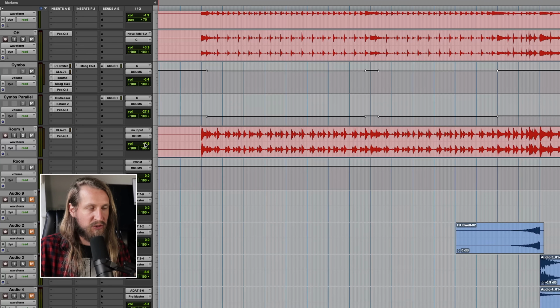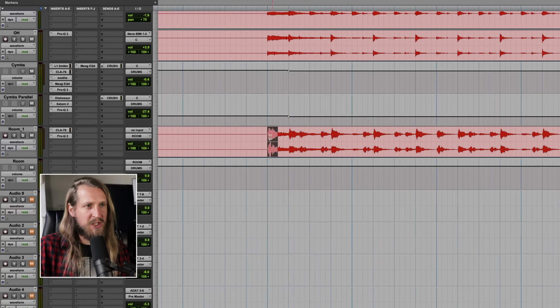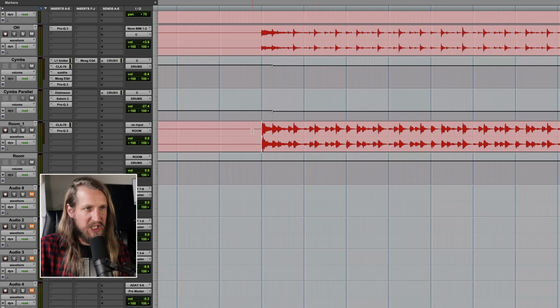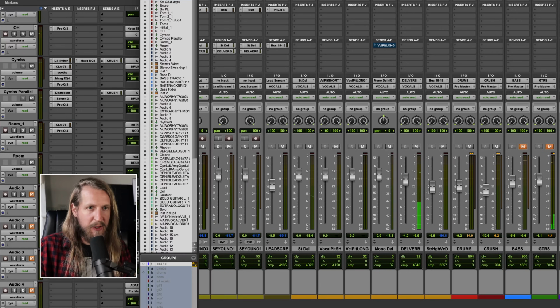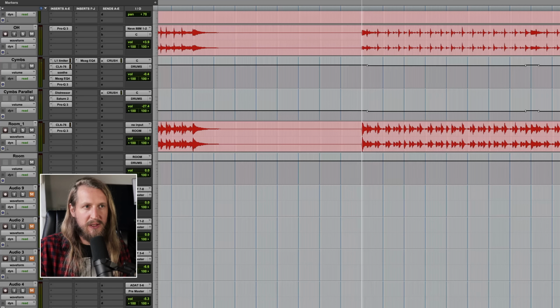So let's just try that, and then let's see if that actually works in context of the full mix. So let's just play all these drums, and I'll try to set the level here. When I'm listening to these drums in solo, I feel like this is a good setting where it's not really booming things up too much, but it still adds a nice sense of space and everything. I would say that is okay, but now if we put in the bass and the guitars,